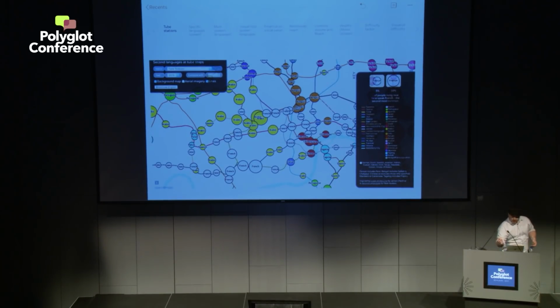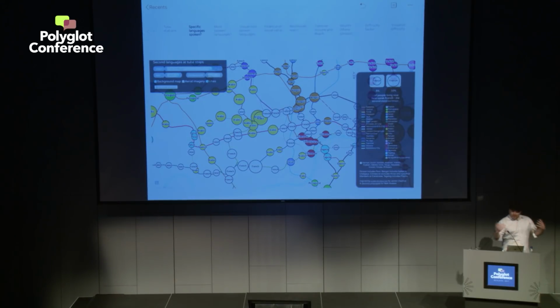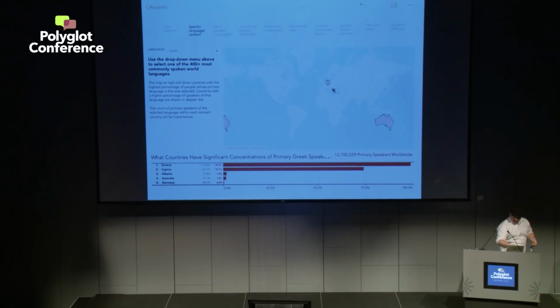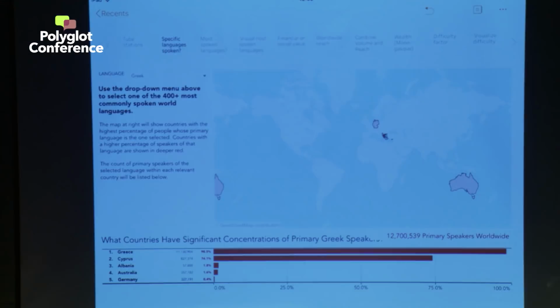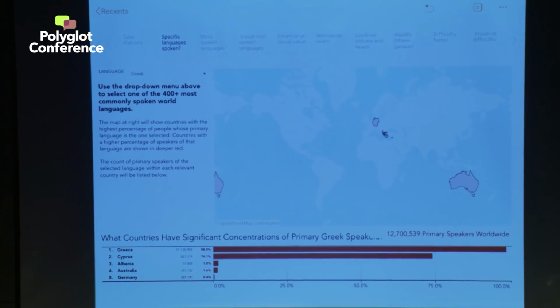Okay. So, with that in mind, with these nice visualizations, you can start to make decisions on, and start to understand the context of your language and how and where it's spoken. And here's another one that if you're learning Greek, then you can find out where, other than Greece, where are the Greek speakers? And you have the obvious ones pop up, but then you see that 1.6% of Australia are native Greek speakers, according to the census.